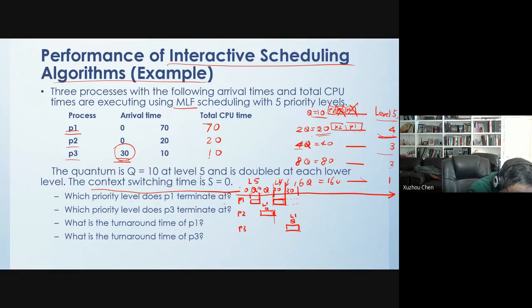Now process 3 runs at the highest level for 10 time units. Oh, I'm sorry, not 10 quantum, 10 time units. Process 3 is just 10 time units, so it has completed its job. It's not going to be put in level 4 because it's done. So now you go back, and process 1 continues to finish the remaining work in level 4 for another 10 time units. Once it's done,